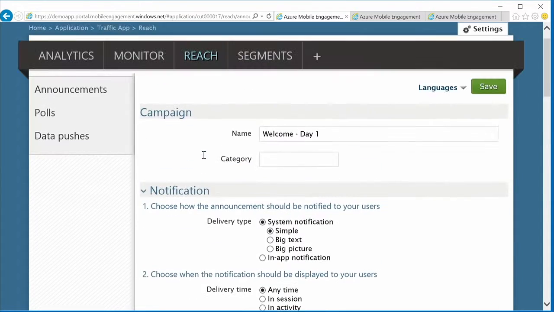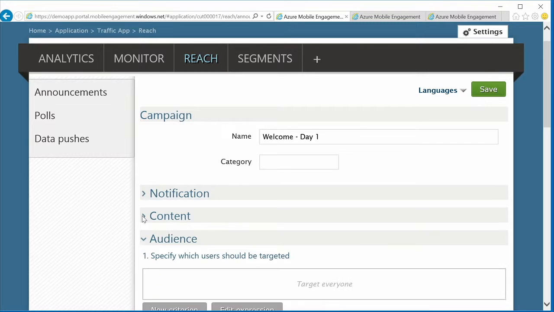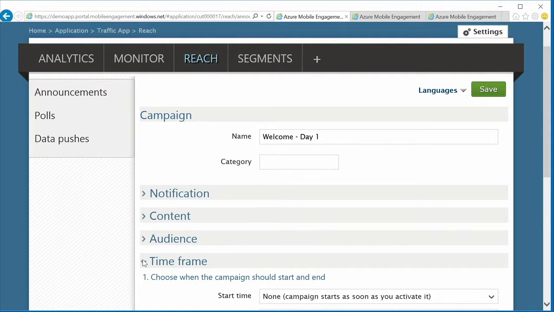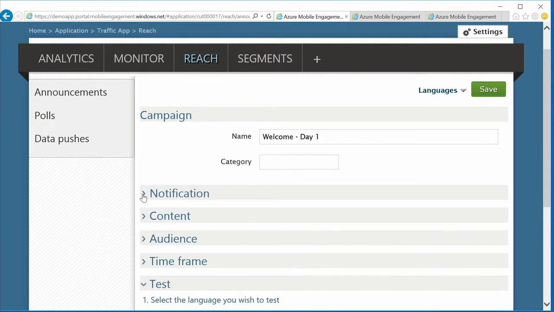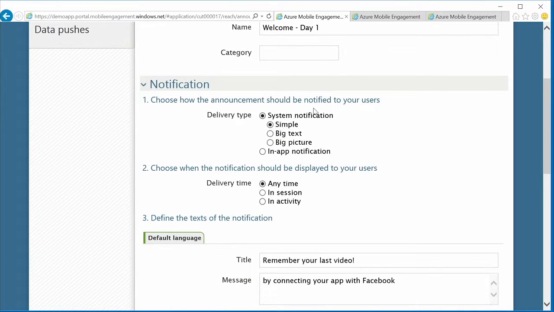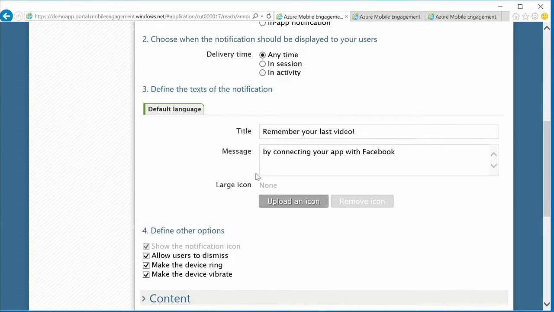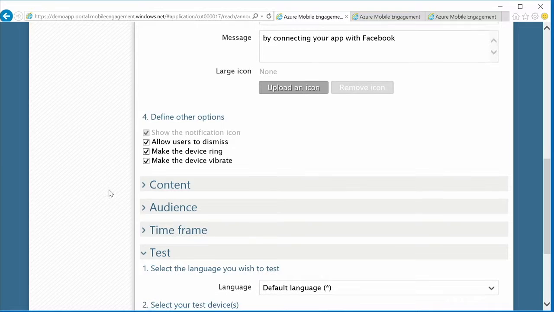So this is typically the push campaign that will play on day one, where the message we are going to send will be what we call a system notification, so a push notification that will appear on the application, explaining the first part of the value that will be delivered through the connection.